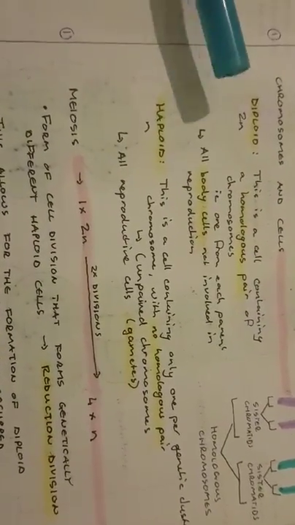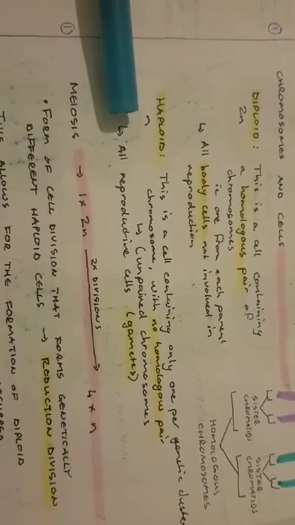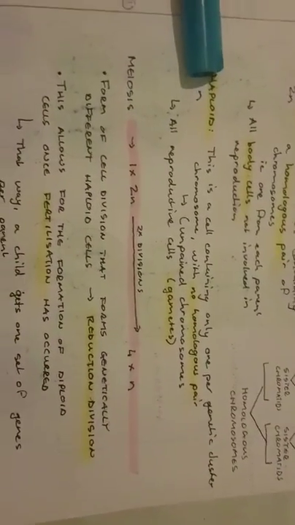The only cells that are not diploid are the reproductive cells, the gametes that are in your eggs and in male sperm. Haploid means they do not have a homologous pair, so they'll only have one of each of these. There'll be one strand coding from the mother, one strand coding from the father. Okay, and the reason why that's the case is because